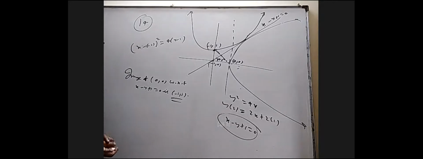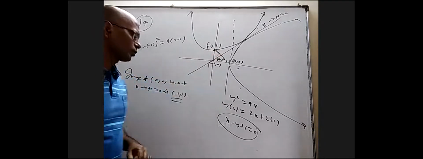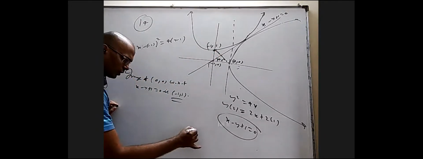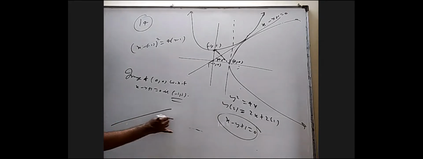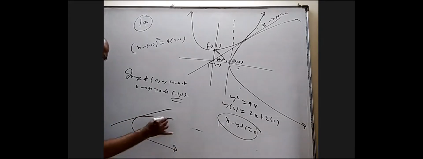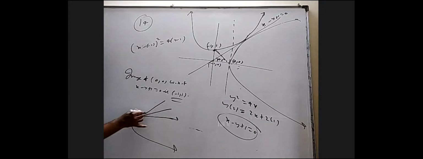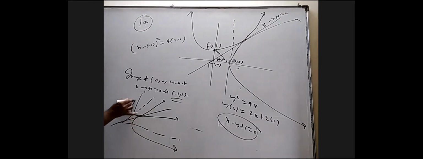One may ask, what if this is not the 45 degrees line? What are you going to do? Let us say some other parabola. Let me draw one line, one parabola like this, and another parabola like this. This axis and this axis are mirror images of each other with respect to the tangent, but this angle is not 45, so it is not vertical. Then what are you going to do?